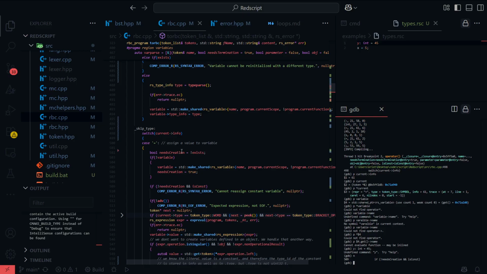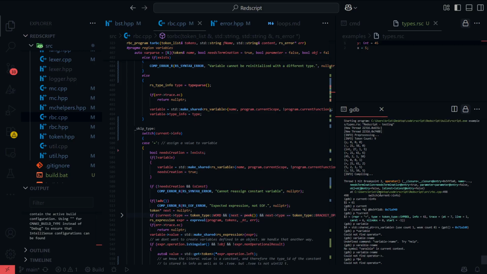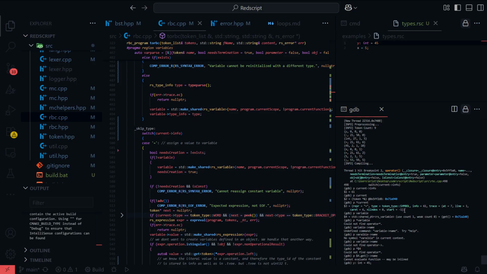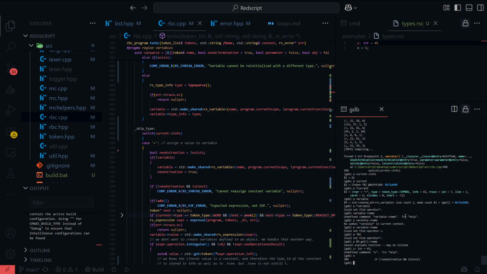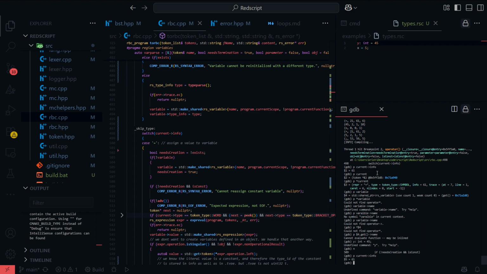Excuse me? Wait, what? Why does it go down to there? But if I print current info, it was equals, wasn't it?